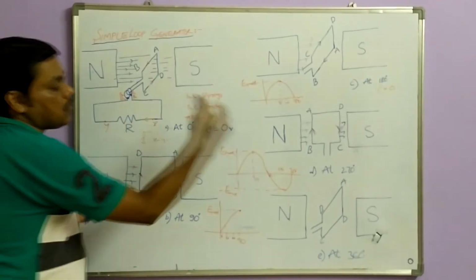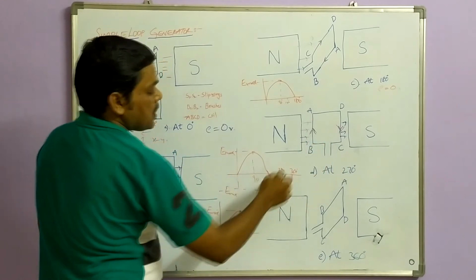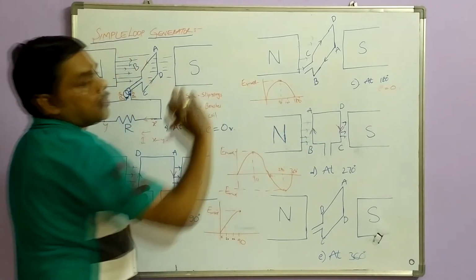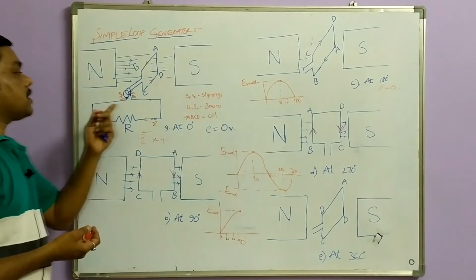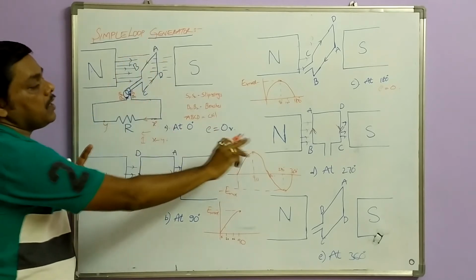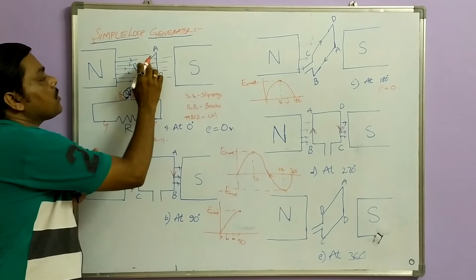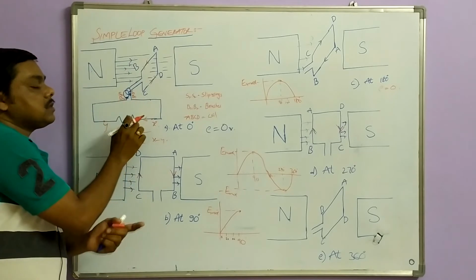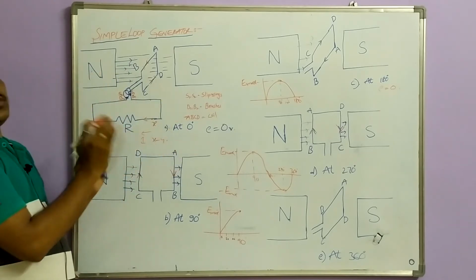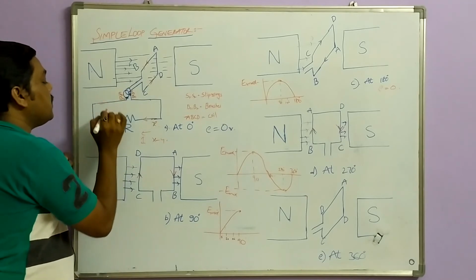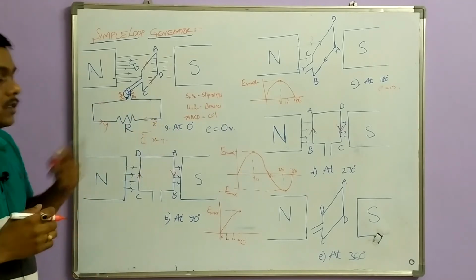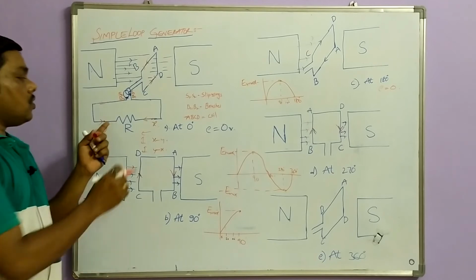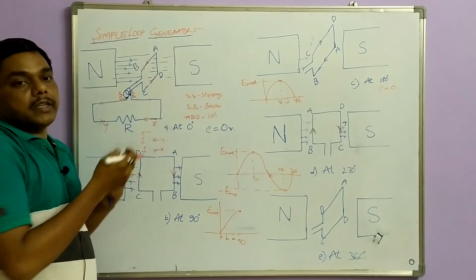Now after half a cycle, that means 90 to 270, what is happening? Your current direction changes. Initially it was A to B, now it is B to A. So the current entering the load is also opposite. The current is now coming from here and entering at Y. What is the direction of current? The current is flowing from Y to X. So the load current always changes. It is an AC current.